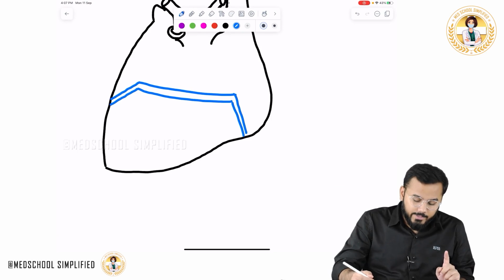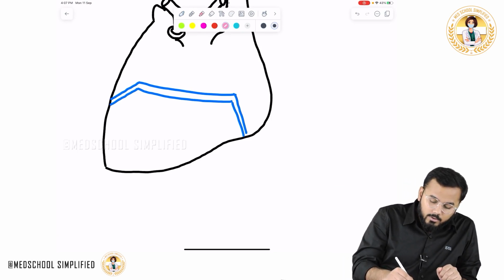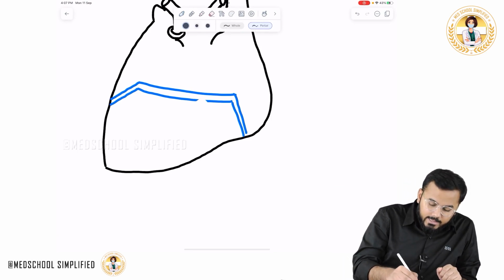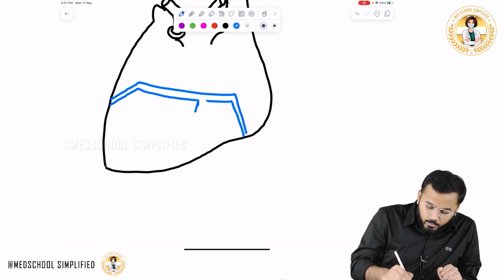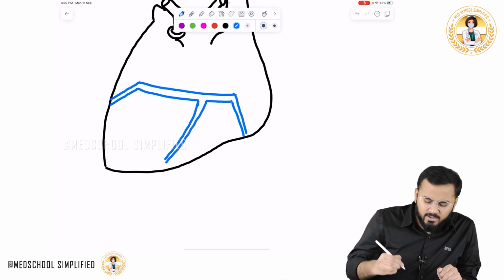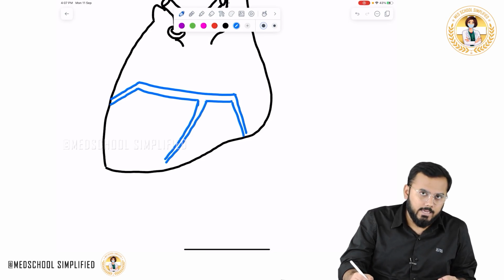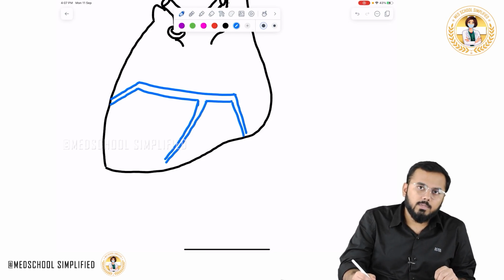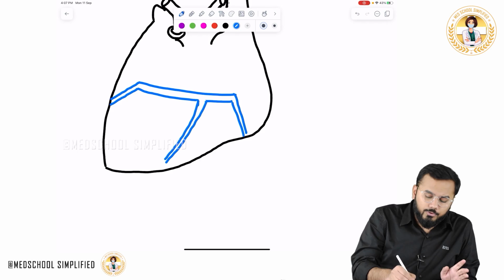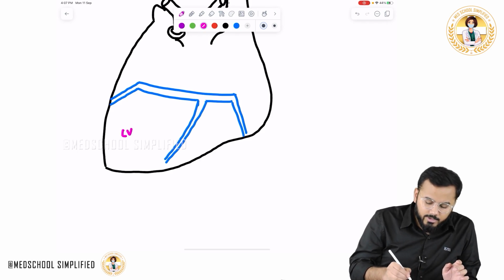Now after that there is one very important cardiac vein, right? That is exactly draining in the middle. So this is called the middle cardiac vein. What is this cardiac vein called? Middle cardiac vein. And all of you know that here you have your left ventricle and this is your